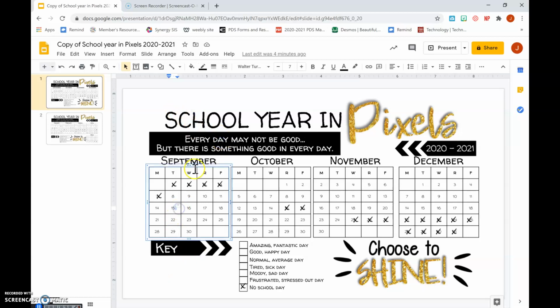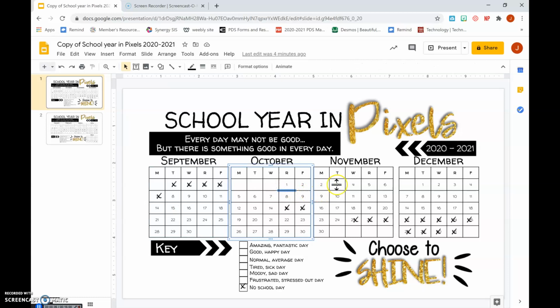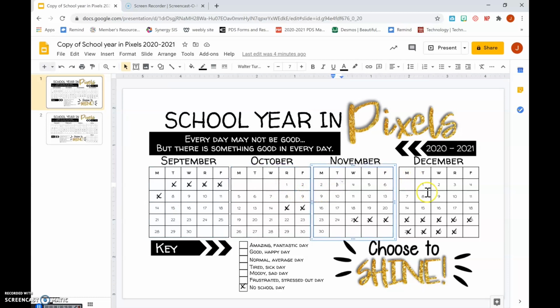However, they can click on these boxes. So that's something you'll need to train them, that don't move the box, and these boxes as well. The reason I had to leave those on top where everything could be moved is because they need to be able to click on them and fill